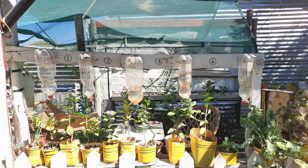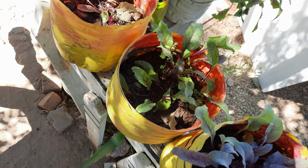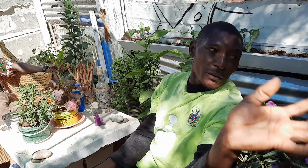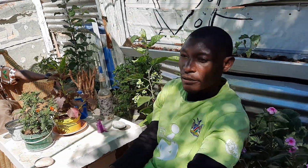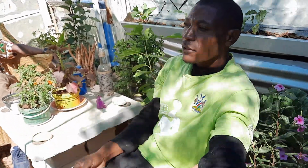And I just started to collect some of these small cans or bottles that you see. Some of these bottles are recycling material, like this one is for Coke and the other one is for other things I don't know. But I just make use of them to blend some of my different seeds, as you can see, this is guava, this is mango, different types like that. It wasn't easy for me